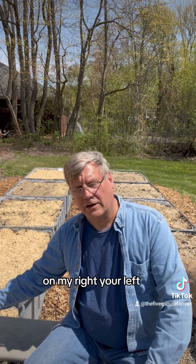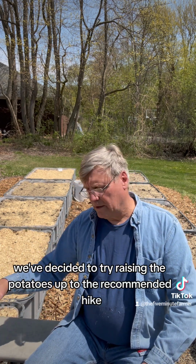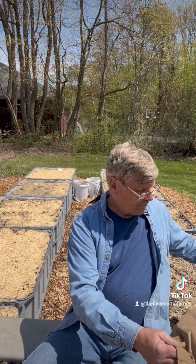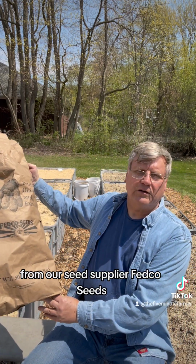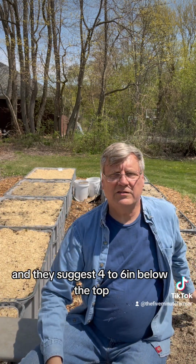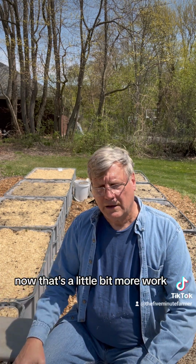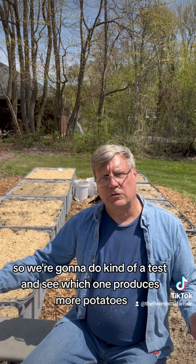On my right, your left, we've decided to try raising the potatoes up to the recommended height from our seed supplier, Fedco Seeds. They suggest 4 to 6 inches below the top and then mounding them. Now that's a little bit more work, so we're going to do kind of a test and see which one